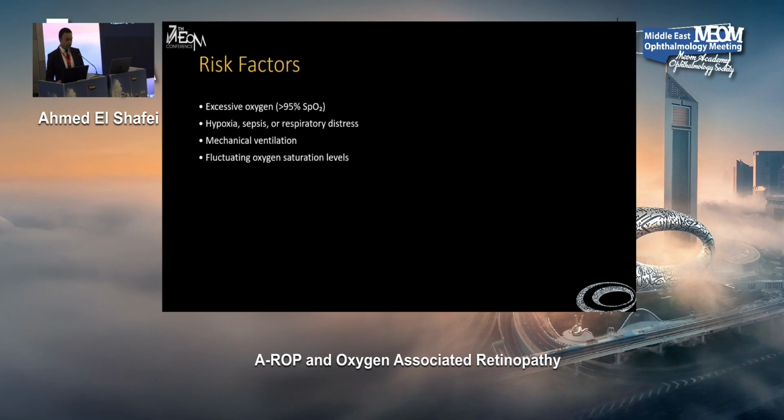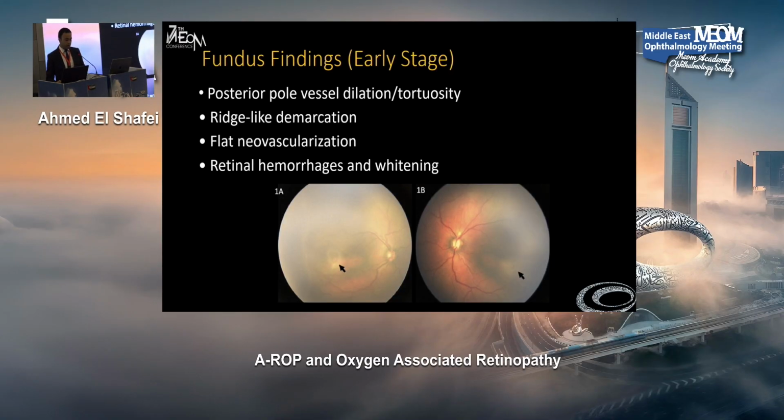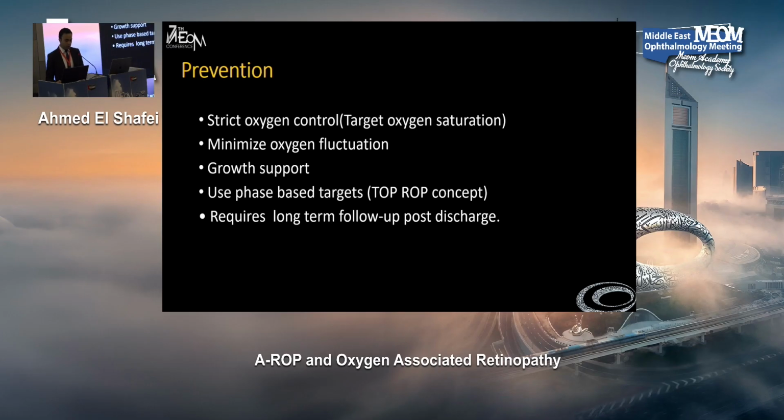Risk factors: excessive oxygen, hypoxia, sepsis, mechanical ventilation, and fluctuating oxygen saturation levels. The fundus findings: posterior pole vessel dilatation and tortuosity, and ridge-like demarcation. It can happen all in vascularized retina. Within the vascularized retina, you can see an island of this ridge, flat neovascularization, retinal hemorrhage, and whitening. The prevention is strict oxygen control, target oxygen saturation, minimizing fluctuation, growth support, and using phase-based targets, and it requires long-term